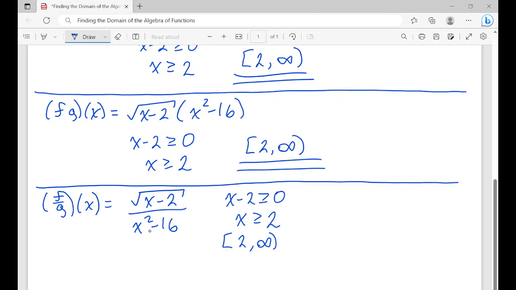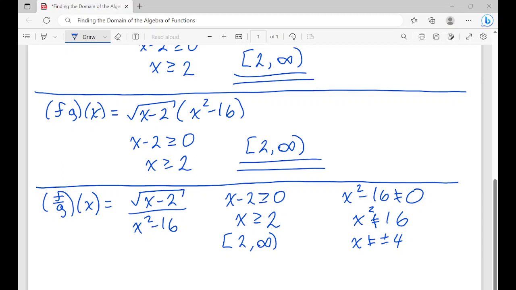But we also have a fraction. We got to make sure we don't get 0 in the bottom. So we're going to take what's in the bottom, x squared minus 16, and set it equal to 0. And we got to make sure we don't want what it equals to. So we're going to add 16 over. And then we're going to square root both sides. And when you square root both sides, you must remember to have plus or minus. So here, the domain of the g function is everything but -4 and +4 because it's in the denominator of